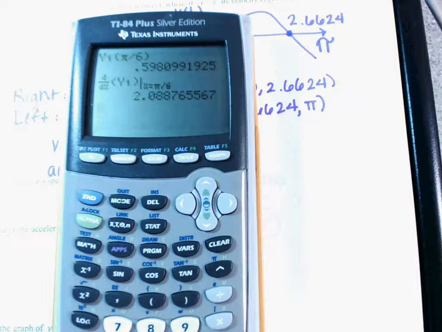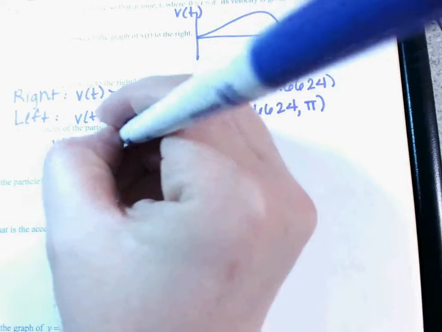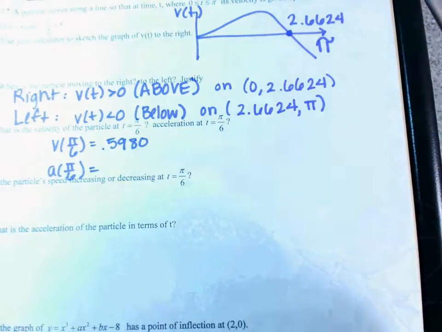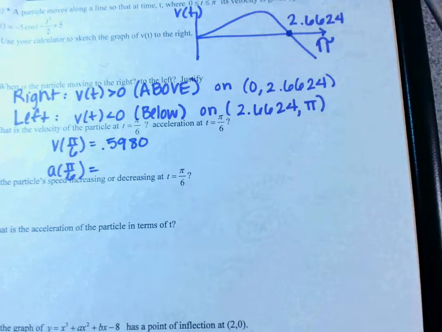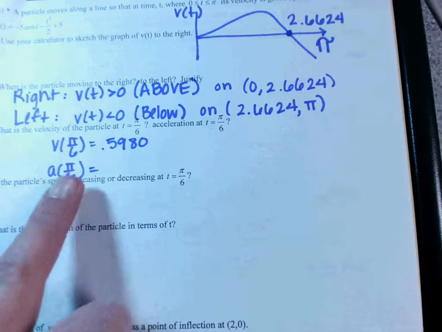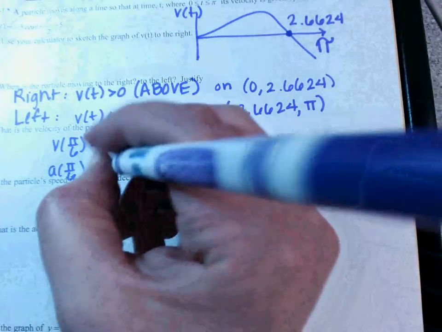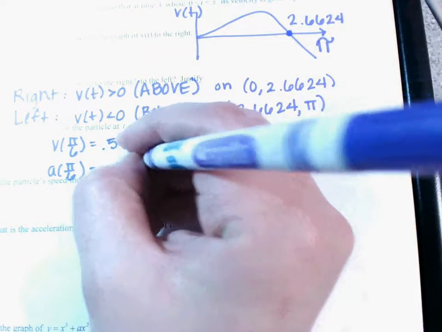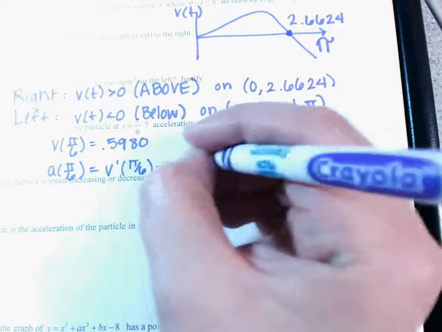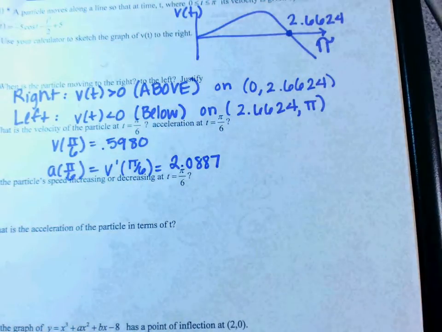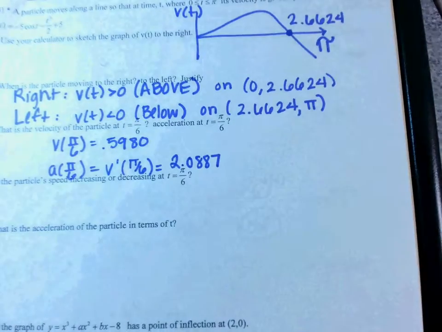Okay, so I got 0.5980. Now real quick, if it's an FRQ, what do I need to label? V prime. Okay, from there, the next question